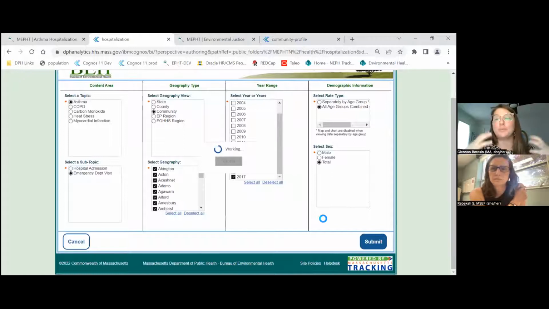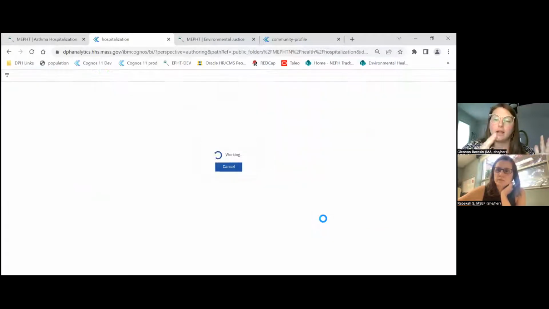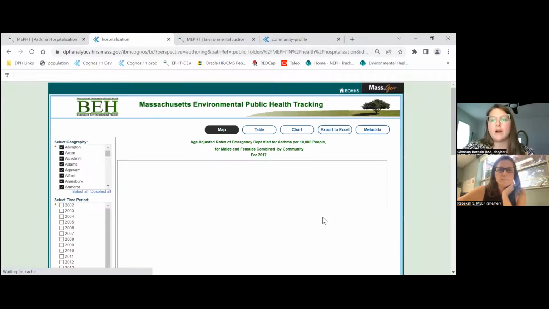And you can also play with this query prompt, right? You don't necessarily need to do it once and then walk away, although it's a little bit more of an investment because there are many choices and you have to wait for it to load. It can be overwhelming at first, but if you set yourself a couple of tasks, I want to see it by male, female. I want to see this for all these communities. I'd like to take a look at the county rate and see how Worcester compares to Worcester County. There's lots of different ways to think about it. And that's a step towards considering an analytic plan. What are my questions and how am I going to answer them?